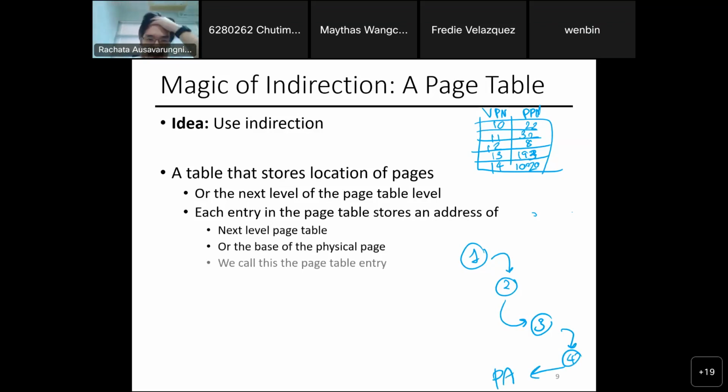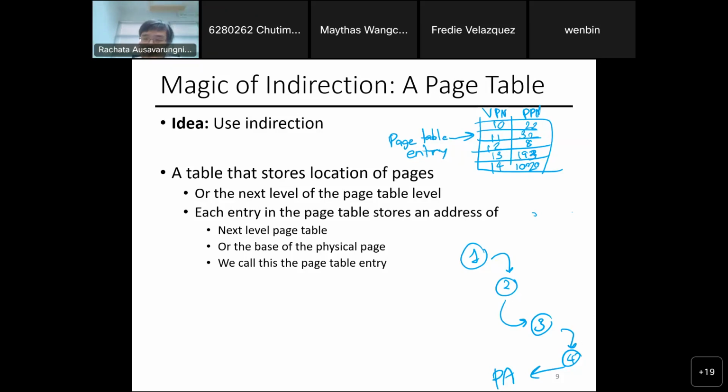We call each row here a page table entry, because essentially these are the entries in my page table, like row 1, row 2, row 3, right? And when I point to the next location, I just point to the beginning of the table, so I can use some way to go into, okay, what number of entry am I accessing,